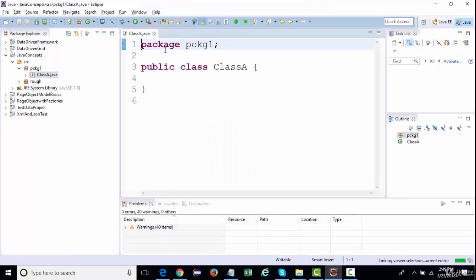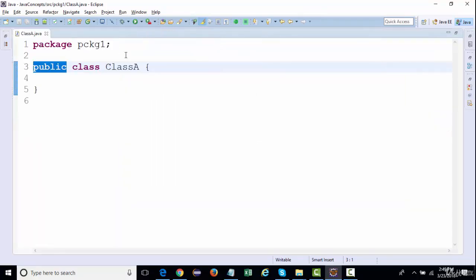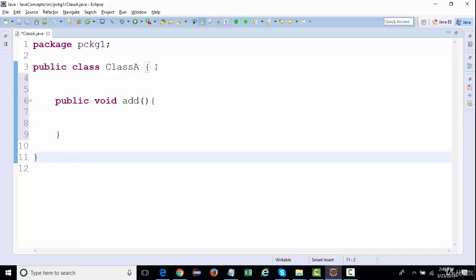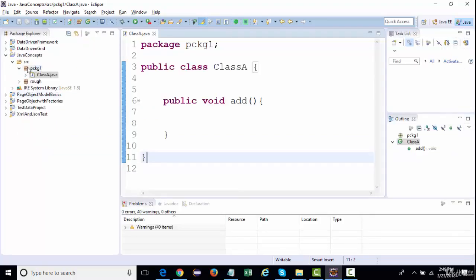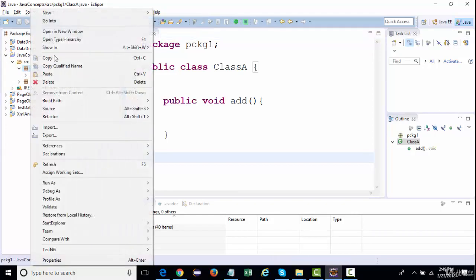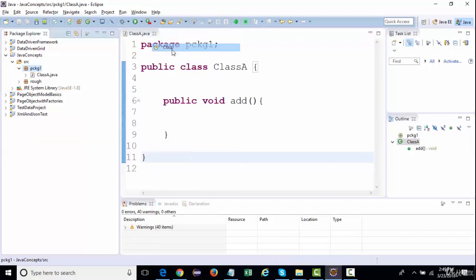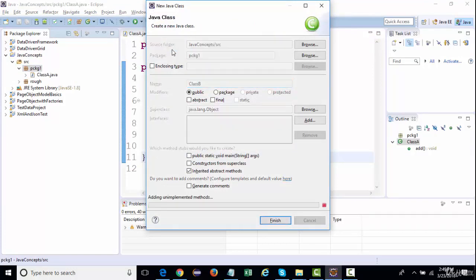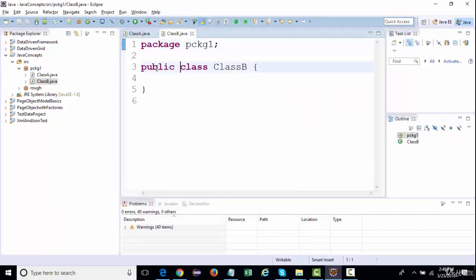This has a public access modifier, so it will be accessed globally. And I'm going to create a public method, add. Now this method will also be accessed globally, right? Now what I'm going to do is create another class over here with the name class B, and inside it I'm just going to remove the public access modifier.